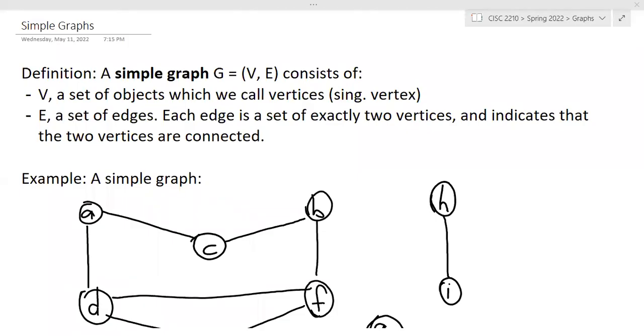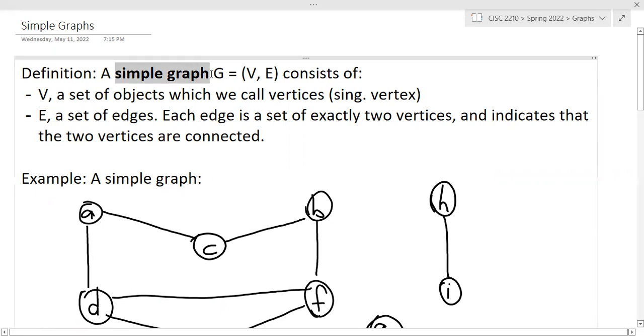So we're talking about graphs, and graphs are a very important topic in computer science. We're just talking about the basics here in this course. If you take a course like analysis of algorithms, you'll see a lot more about graphs. So we start with, well, a few types of graphs, but the one we're going to start with is called